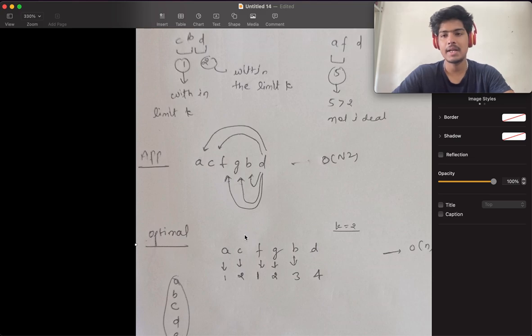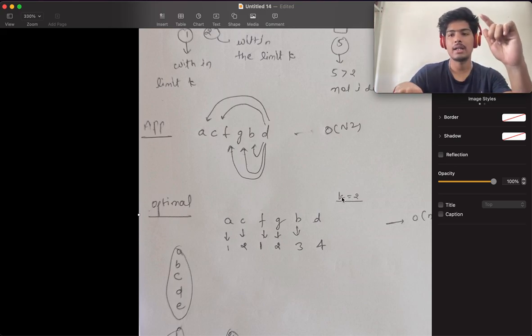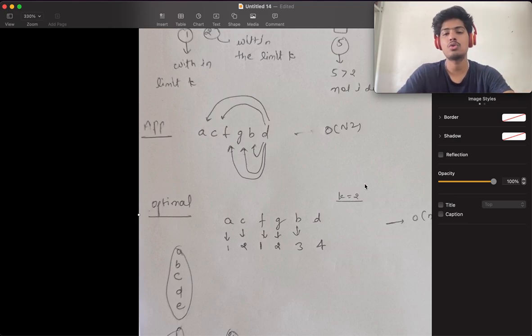So we have to optimize that time complexity. For optimal time complexity, what we can do is find the corresponding elements of that particular element. We have been given k equals 2. If we are taking C, since starting will be from A anyway, we will look at the two elements before C and the two elements after C, because k is equal to 2.